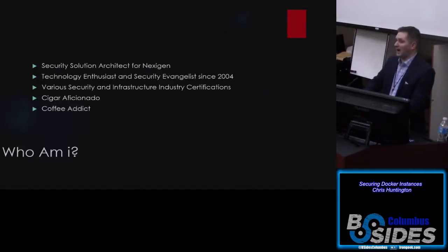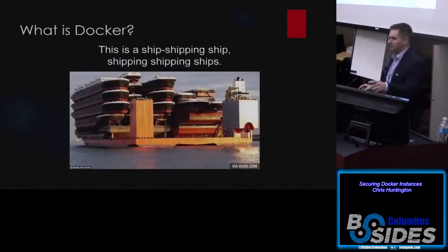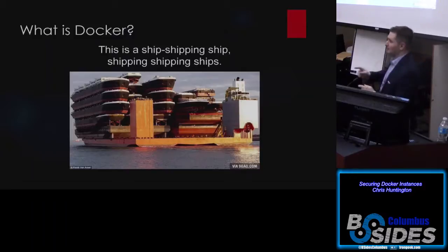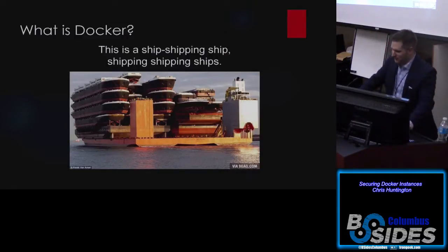So what is Docker? This is my favorite infographic, I guess we could call it, for describing Docker. This took me half an hour to get right, but this is a shipping ship. And yes, that took as much practice as you think it did. Basically, what Docker is, it's kind of the water, right? The shipping ship would probably be the actual host VM, and